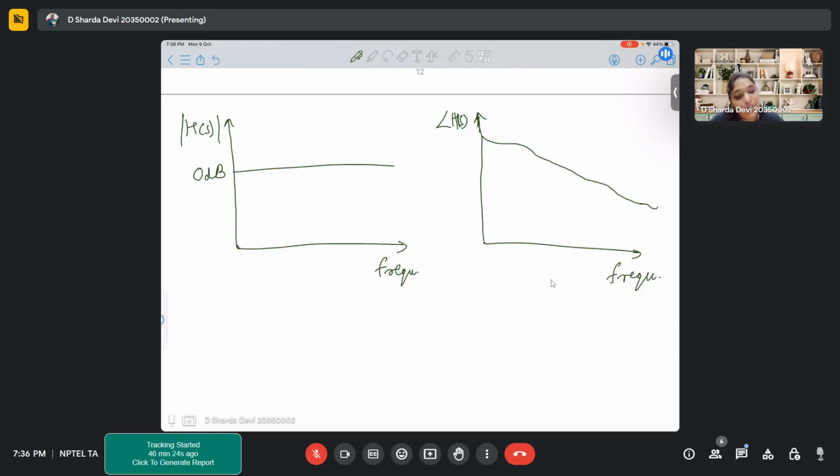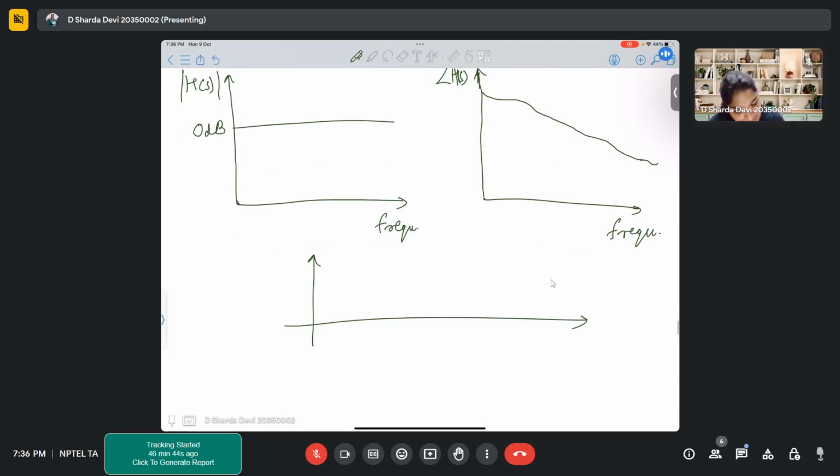But if you look at your phase response, you observe that at each and every frequency your phase is changing. What does a phase change mean? If we see it from a time domain perspective, how does it look? So let's say